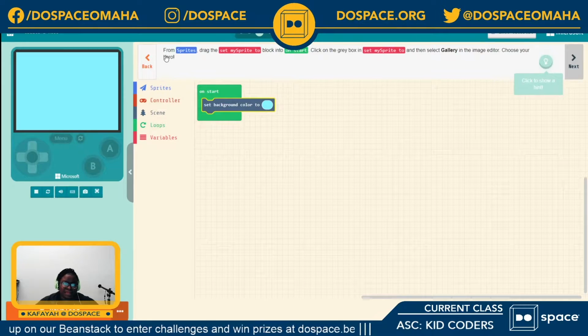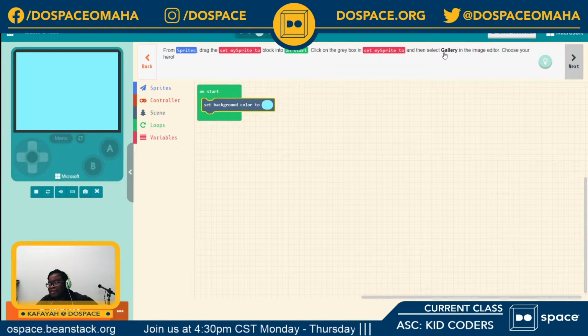Next, it says from sprites, drag the set my sprite to block into the on start block right here. Click on the gray box in set my sprite to, and then select gallery in the image editor to choose your hero.